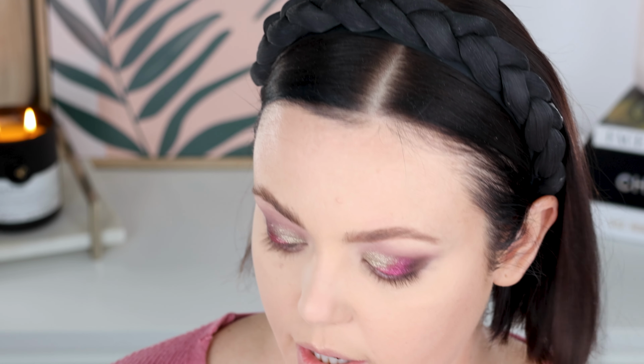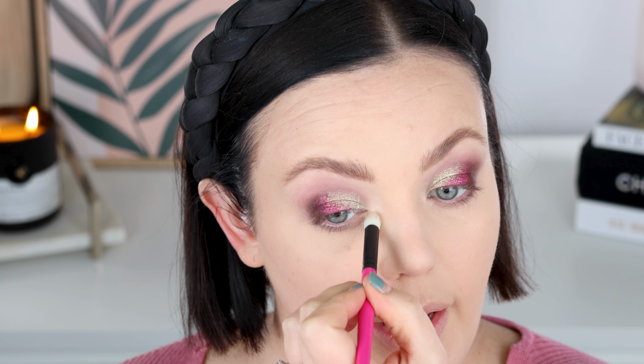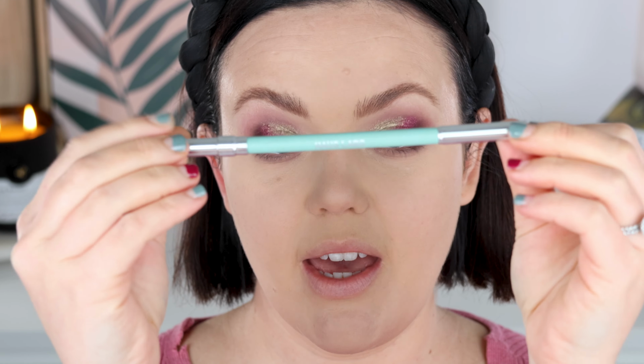A teensy bit in a corner. I'm going to take a little bit of the Sunstone highlighter on my What's Up R109, just because that doesn't quite have an inner corner shade. I'm just going to put Cocoa from Victoria Beckham in the top waterline. And then for the lower waterline, I'll put the Haus Labs, I think this is Sage Matte eyeliner,